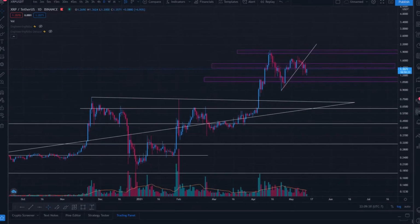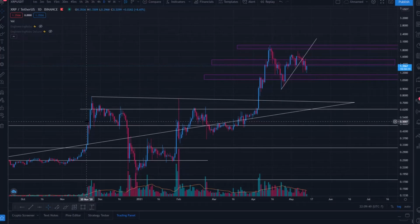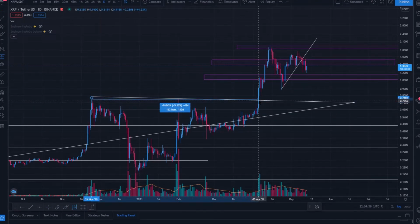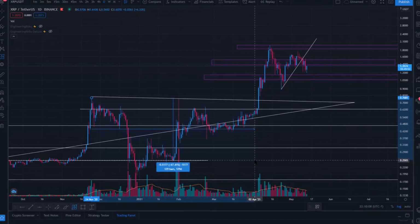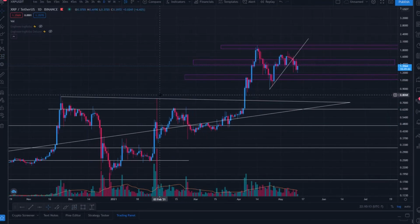To recap price action moving forward, this is a phase of accumulation. I want to call it accumulation and sideways between this very huge zone under 77 cents around the end of November of 2020, all the way to breaking 77 cents back in the beginning of April of 2021. So from the end of November to the beginning of April of this year, we were rejected under 77 cents there, trading all the way down to lows of like 21 cents, 19 cents even, for a good 130 days. So over 3 months of consolidation sideways between these very volatile ranges,